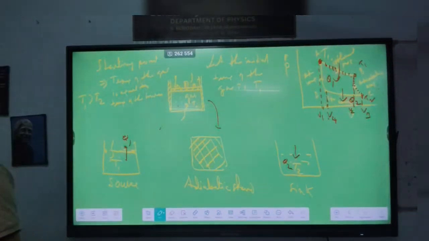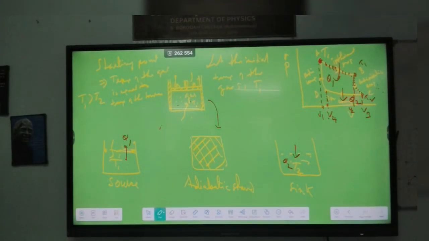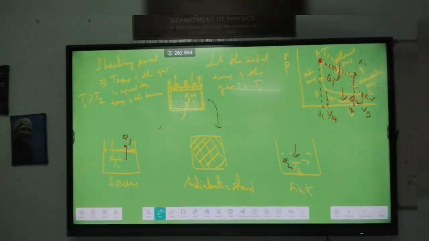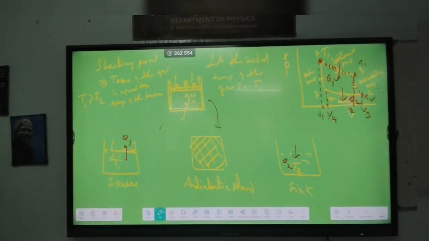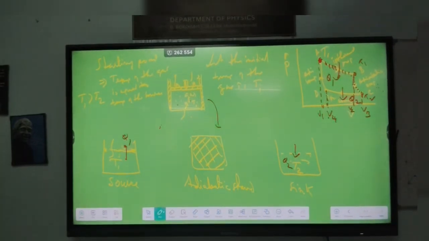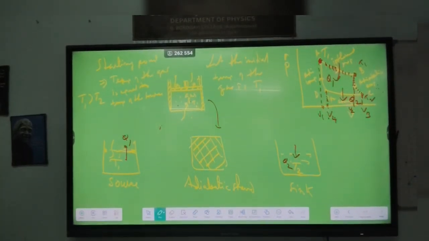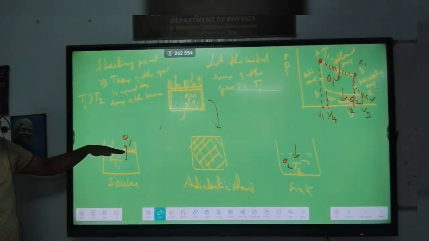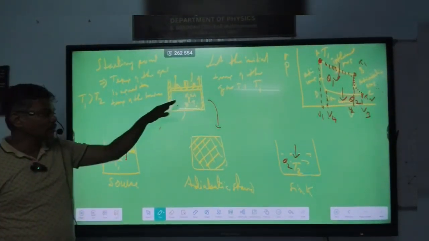That means there is no effect in the surrounding and the system is coming back to the initial state, so this is a purely reversible process. During the coming back to the initial state there is no change in the surrounding and no change in the state, meaning the system has come back to the earlier place. So it is a purely reversible process. How did I do the work: I put the gas here,